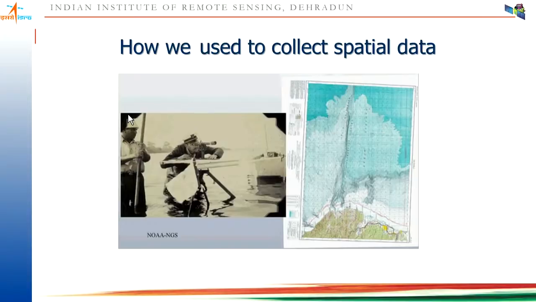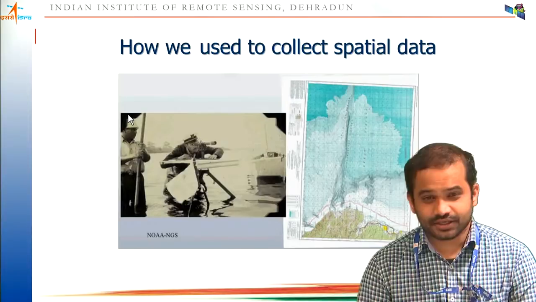And if you see earlier, we used to use plane table, theodolites, instruments like that, and telescope. You can see in this figure, the surveyor is standing on the river side and trying to map some feature. That was the reality, because you are limited to your vision. If you are visually seeing from a telescope and something is not visible, you need to go near to that. So there may be very tricky situations where only feasible places may be places like this. That is how data used to be collected, right?